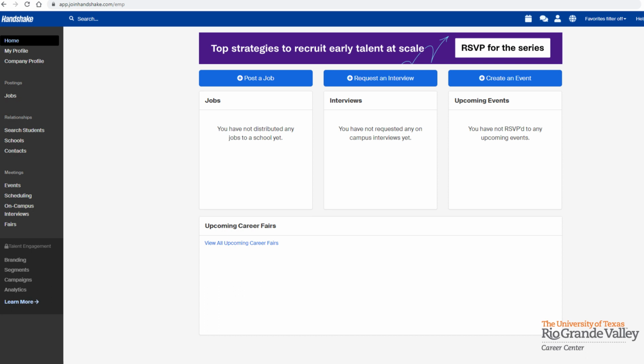If you would like to expedite the process quicker, once you created your profile, you can email careercenter@utrgv.edu to inquire about your activation status to post up jobs at